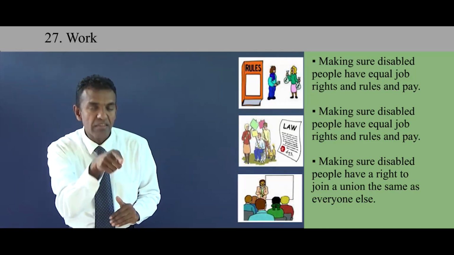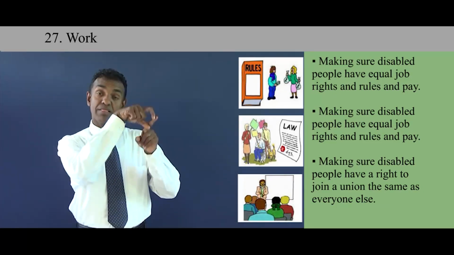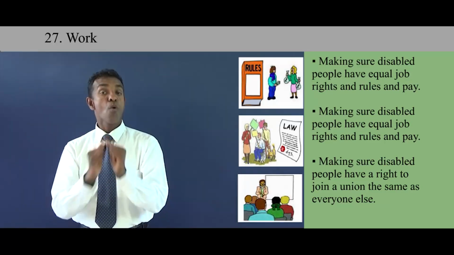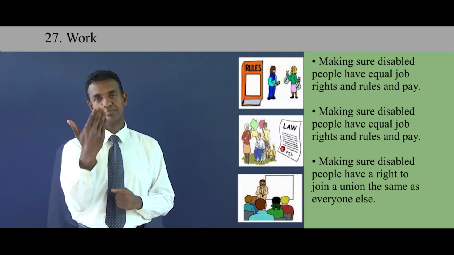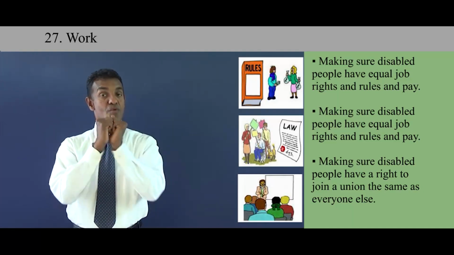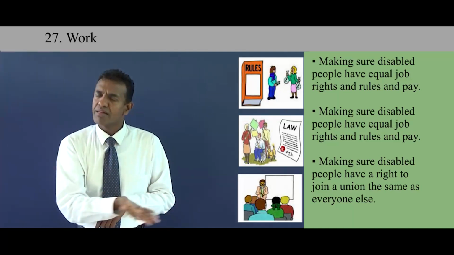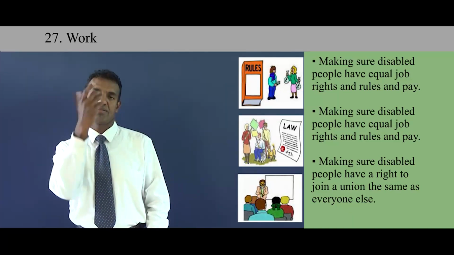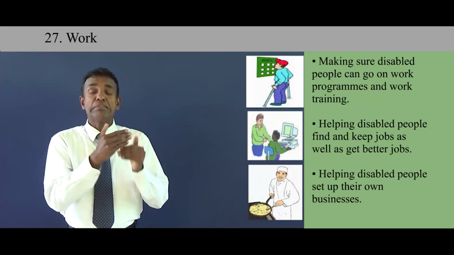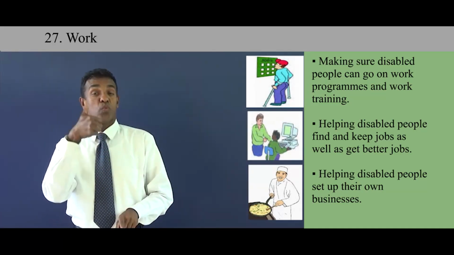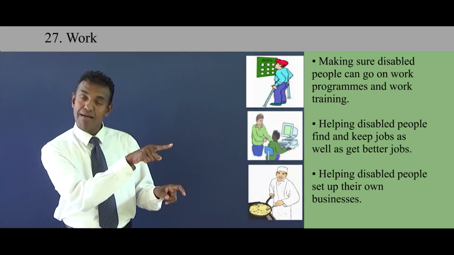making sure disabled people have a right to join a union the same as everyone else, making sure disabled people can go on work programs and work training, helping disabled people find and keep jobs as well as get better jobs, helping disabled people set up their own businesses,